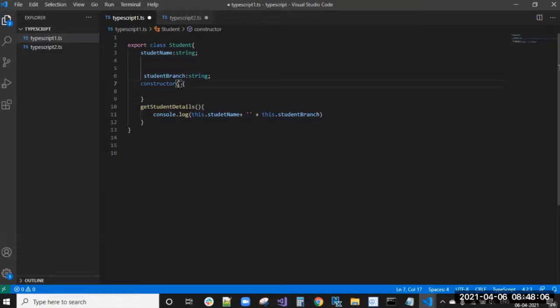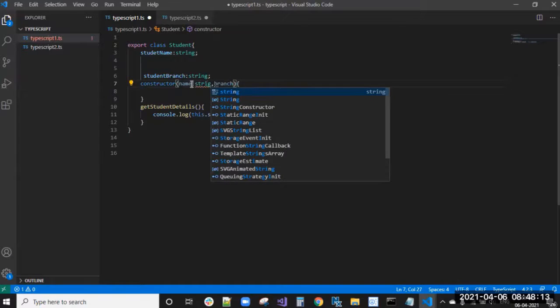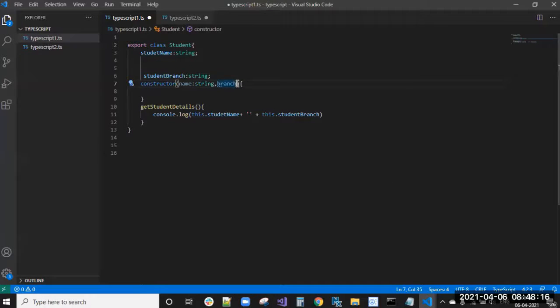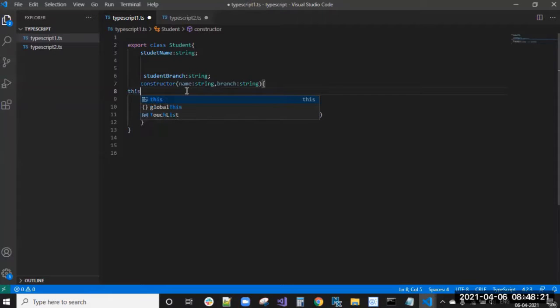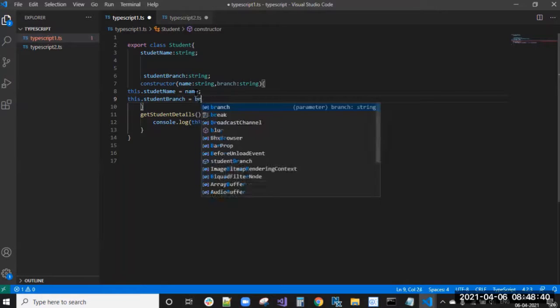This constructor will take name, comma, branch. The name should be string and branch should be string. So this.studentName equal to whatever name is coming, right? Similarly this.studentBranch equal to the branch above.